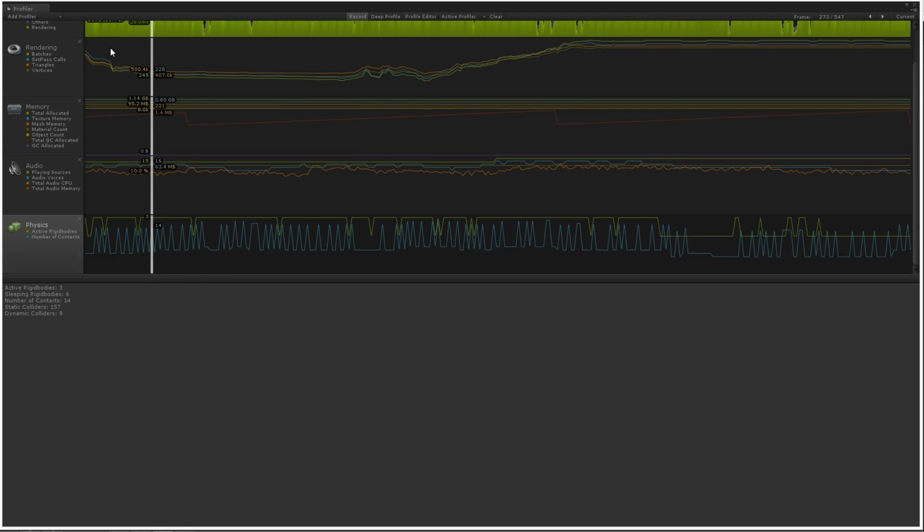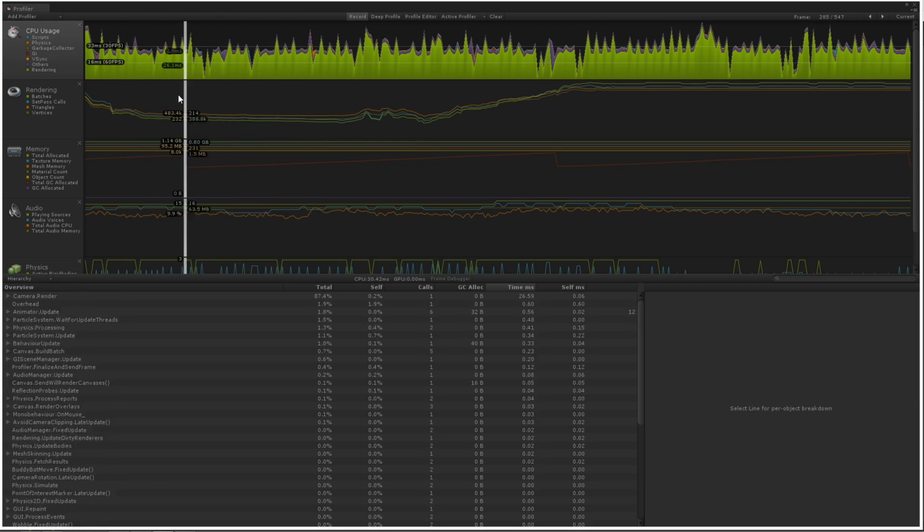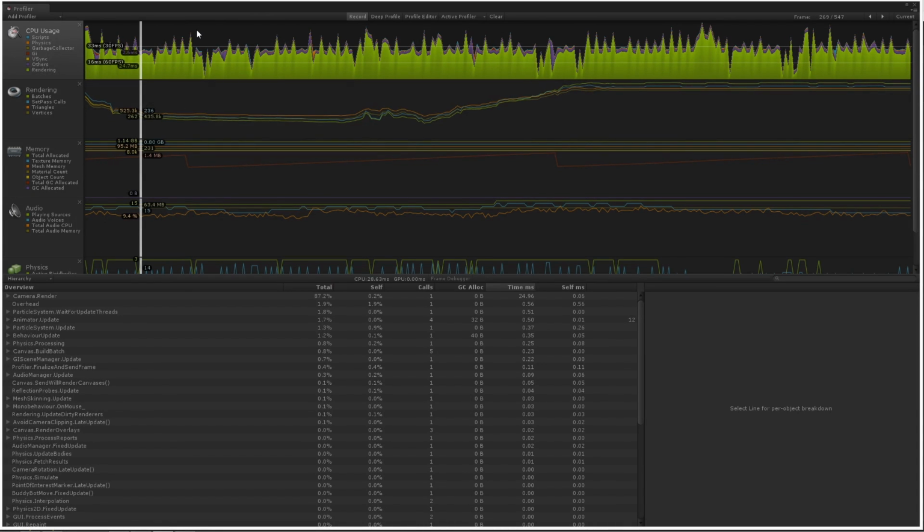CPU category, right? This just gives us a view of it separately, but this rendering, physics, this is kind of why I focus a lot on this, because these are all going into the CPU category, kind of like the difference between self and total in the CPU category itself. So let me show you now